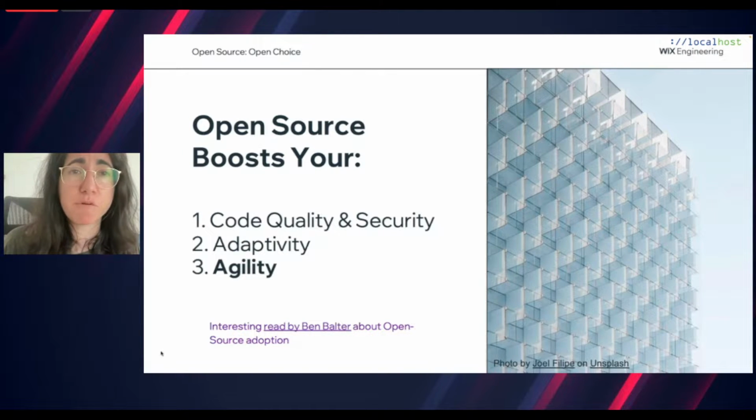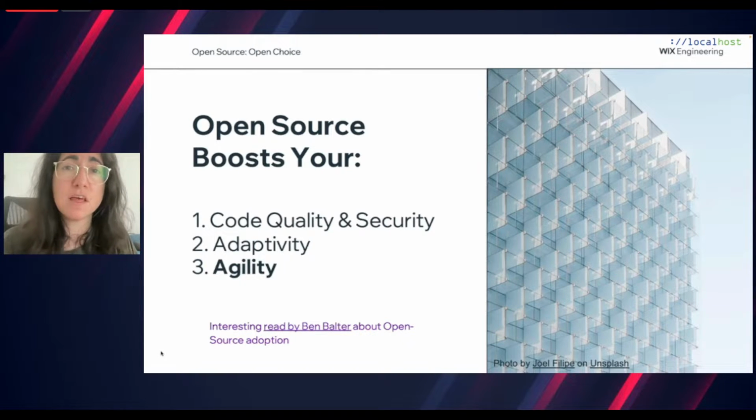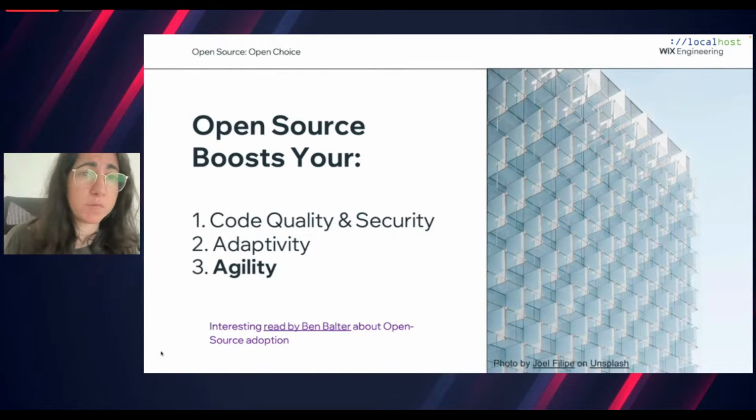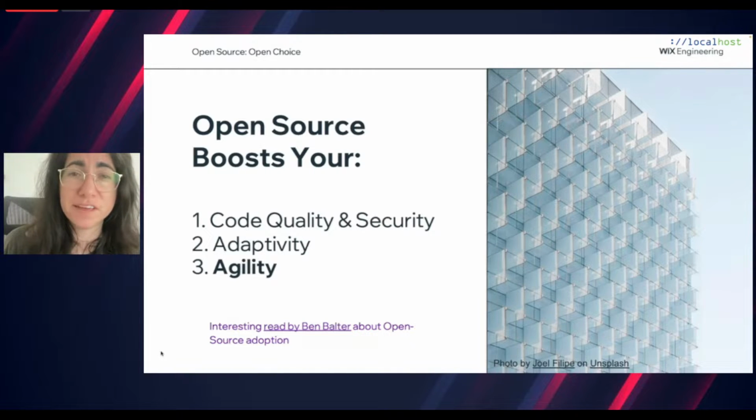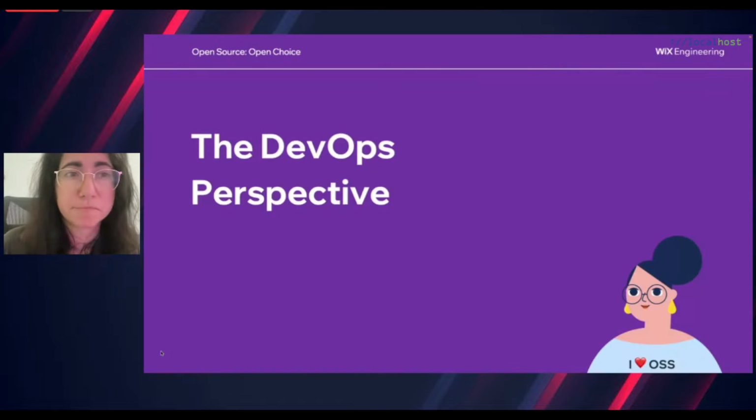Agility. A lot of open source projects follow modern software development processes, which leads to rapid development cycles, which leads to more frequent releases without sacrificing quality. Also in open source, we have less bureaucracy, right? Because opening a PR versus opening a commercial support ticket, it's two different things. And in open source, we don't have regularly scheduled release processes like we have for proprietary companies that sometimes need to release only on Sundays. In open source, you just release the version and anyone can use it whenever they want.